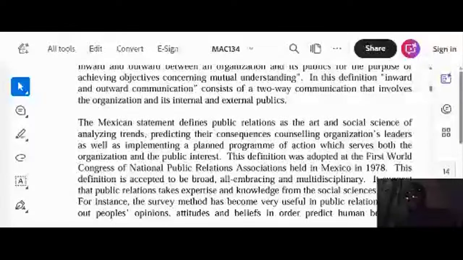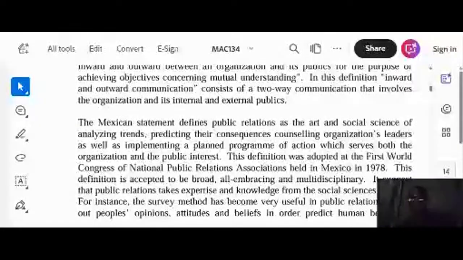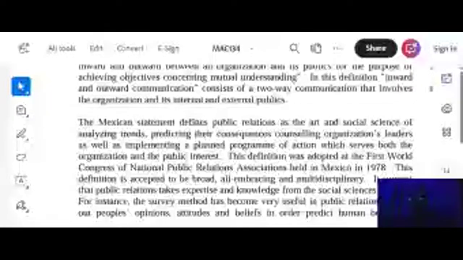Now we are looking at another statement, the Mexican statement. How did the Mexican statement see public relations? According to them, it is the art and social science of analyzing trends, predicting their consequences, counseling organization leaders, as well as implementing a planned program